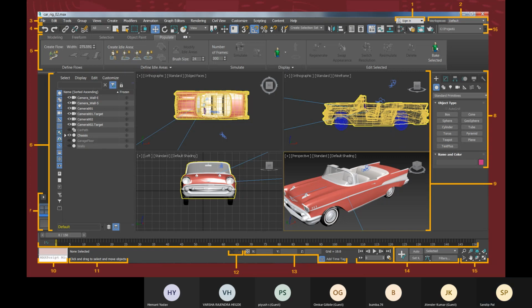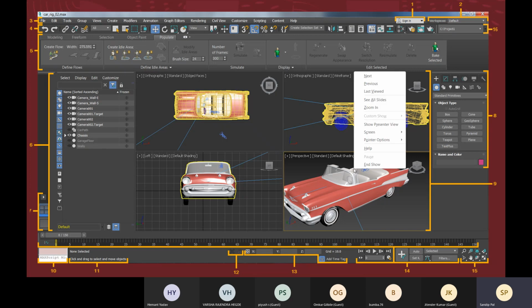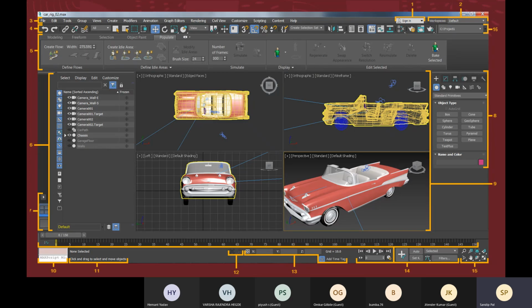There are lots of names of movies which were created in this software. It has a vast number of tools, and it is mostly for gamers and animation creators.